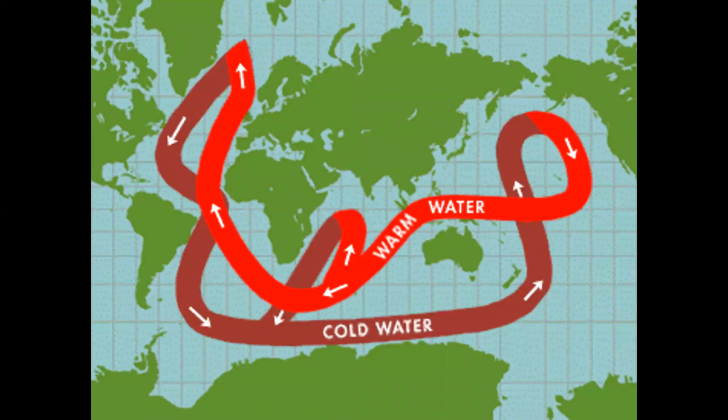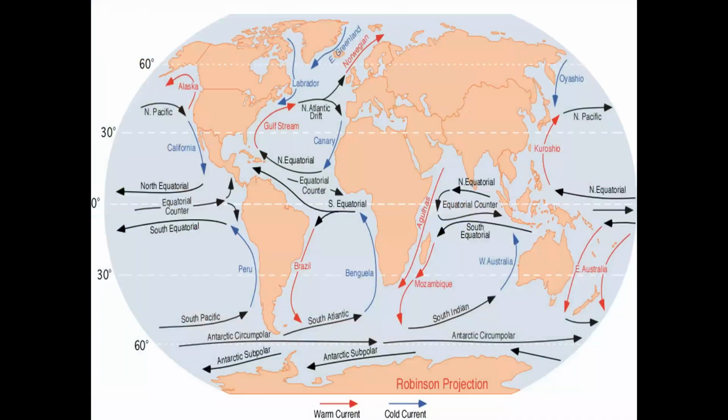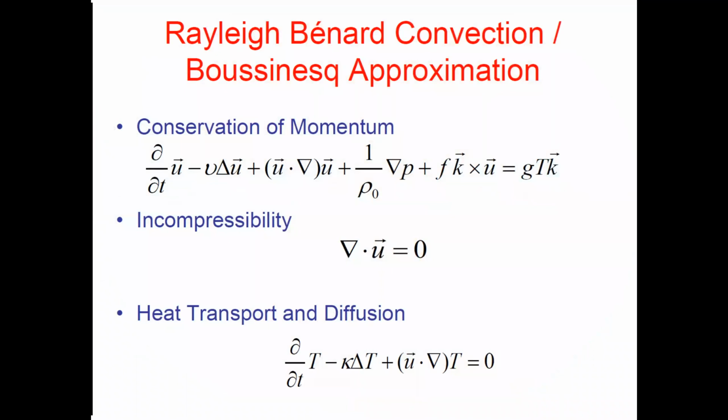And similarly, if we're interested in climate, we're interested in changes not about the weather in a local town or local county or area, but at the climate at the level of countries and continents. So in that case, we need to use horizontal scales which are very large. As I said, these are some of the largest scale circulations, as pictured here. This is the phenomenon we'd like to see the model capture. So as I said, this is the Rayleigh-Bénard equation.